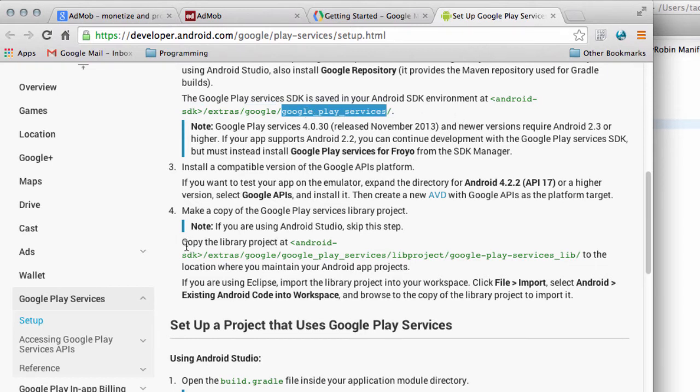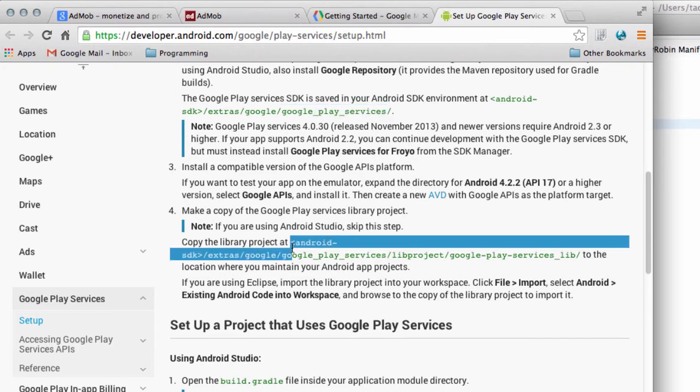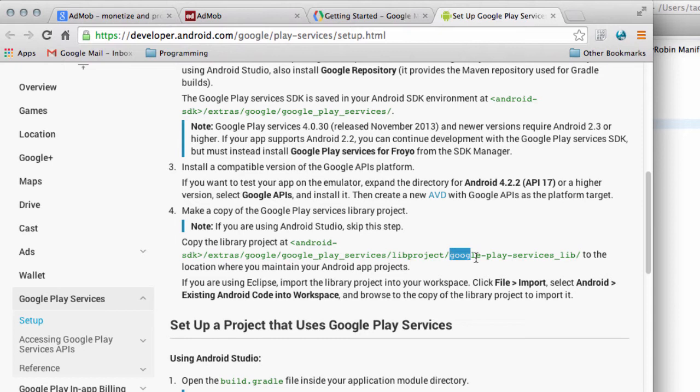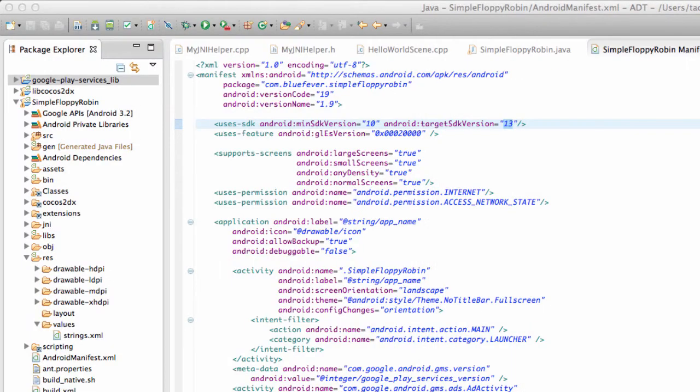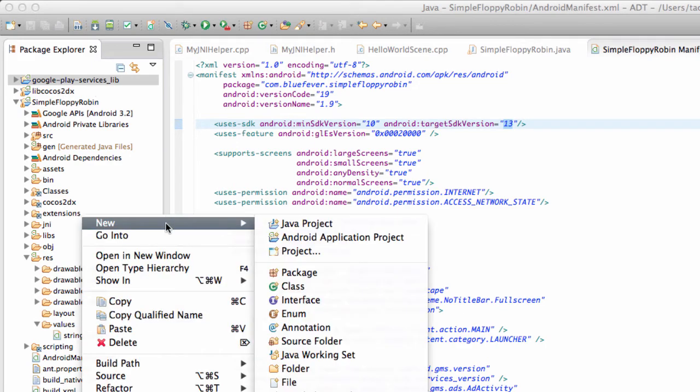And what you need to do is copy the project, and again I'm just following the instructions from Google here, that is the lib project and Google Play Services library, into your Eclipse project. And that is using the file, import, Android, existing code into workspace. So if I just right click on the workspace here and go new